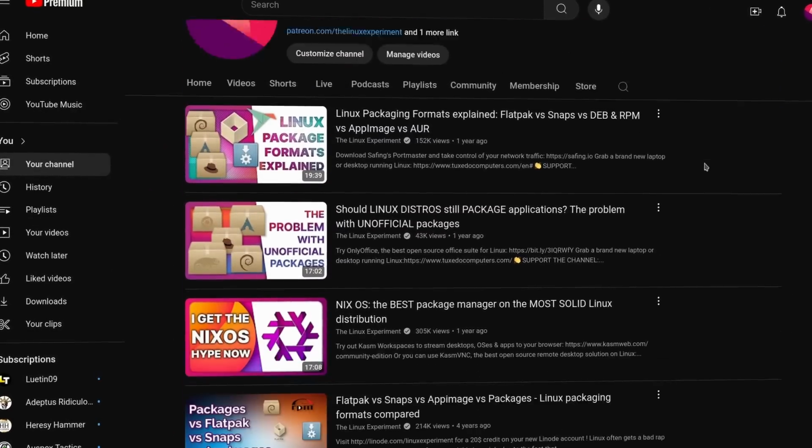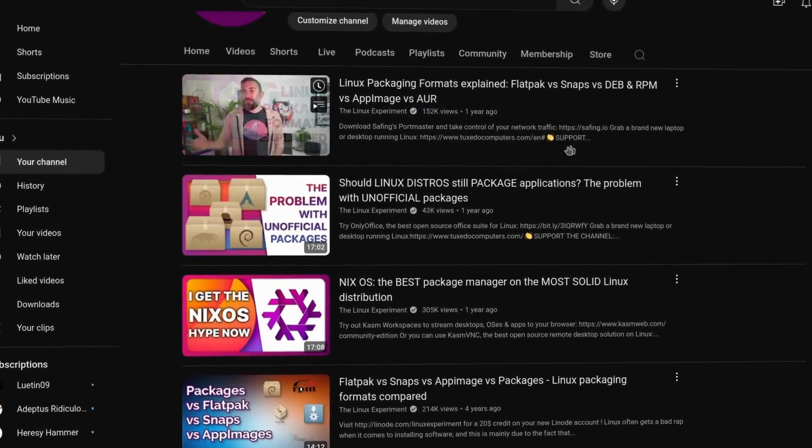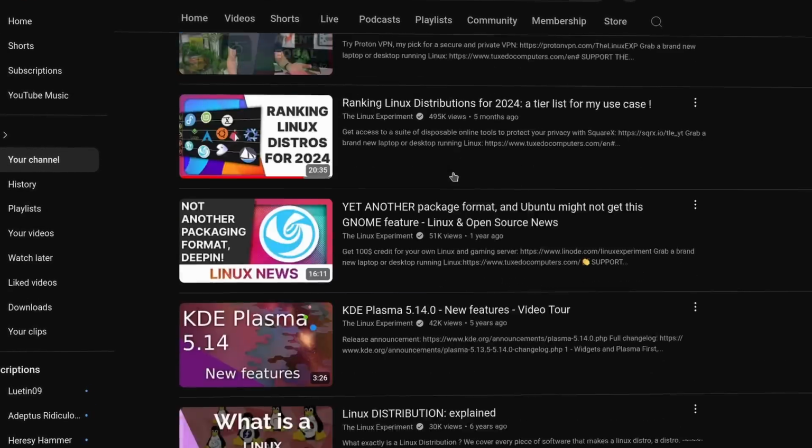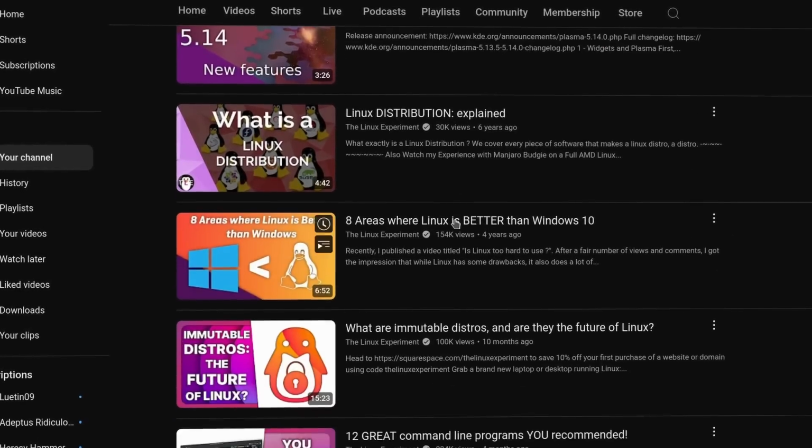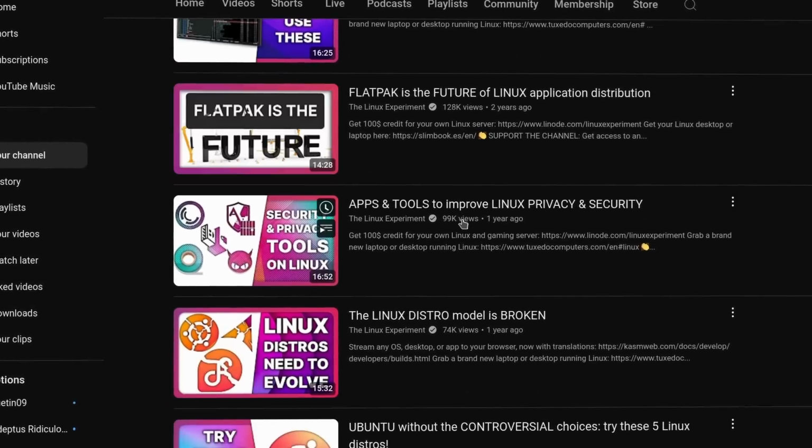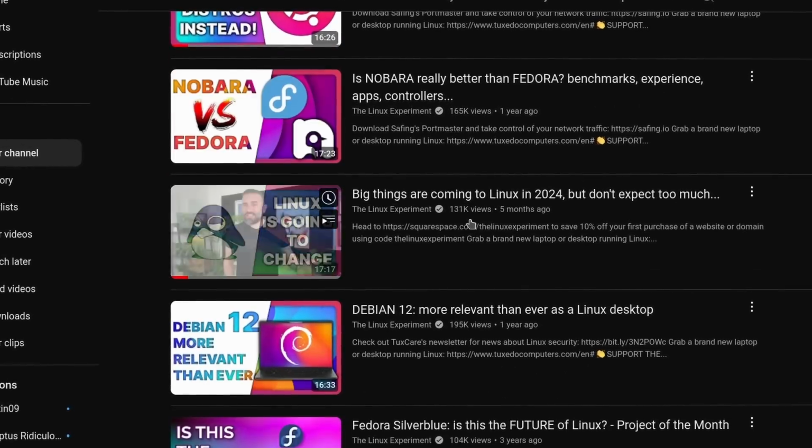App packaging is a heated topic on Linux these days. On one side, you generally have the defenders of Flatpaks, Snaps, and AppImages, and on the other side, you've got the defenders of the good old distro packages. I already talked at length about the advantages and drawbacks of these formats, but there are still a bunch of preconceived notions floating around on how secure these packaging formats are, on verified applications, on the sandbox itself, on dependencies, and other things. So I thought I would do a little bit of myth busting on these topics, pointing out the real facts behind all of these different formats, and I also thought I'd let you know about our